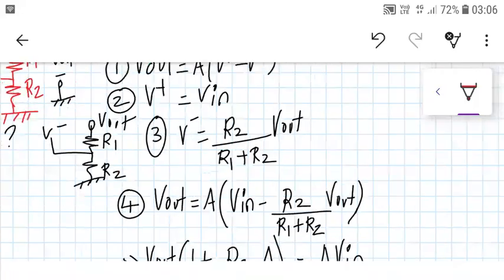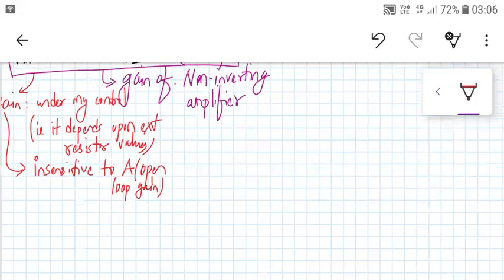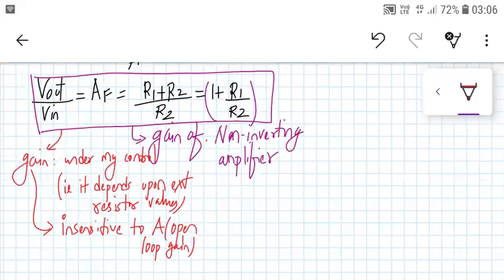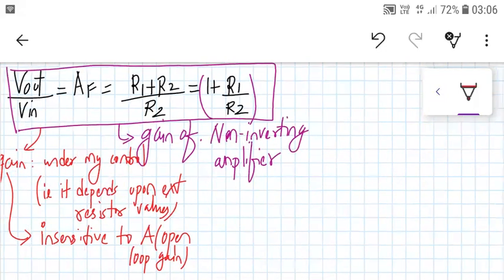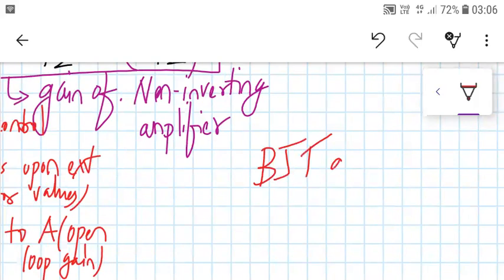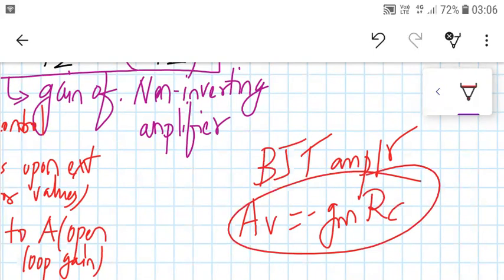Okay, so you must have studied in your literature, in a BJT amplifier or a JFET amplifier or a MOSFET amplifier, if you remember correctly, for the BJT single stage amplifier, the gain formula for common emitter or common source configuration was given by AV is equal to minus gm into RC. Well, gm was a parameter that depends upon IC, and IC can change for many reasons.